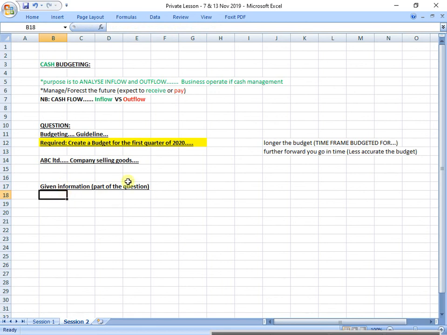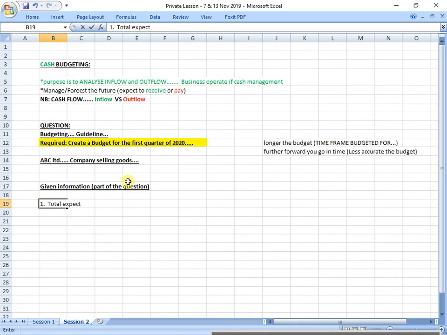Right, when you get information, it will either relate to receipts or it will relate to payments. Okay, you need to decide: is this a receipt calculation, like a bit of information, or is this a payment calculation information that I need to use, basically? Right, so let's say point number 1 says